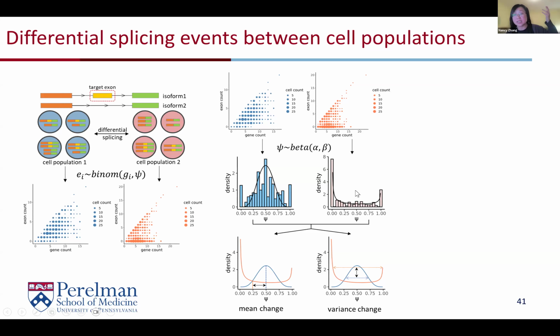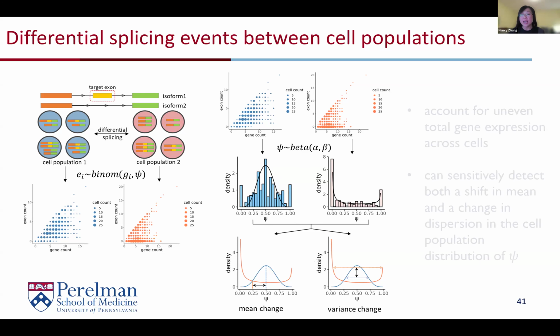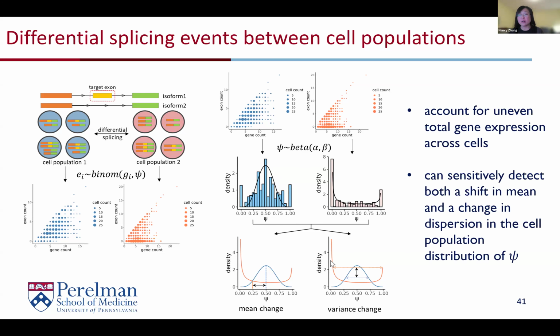And this becomes a test of the difference between two distributions of psi C. When comparing those two distributions, you can compare them in terms of their mean as well as their dispersion, right? Those are two ways you can compare distributions. So we developed a likelihood-based test for that, which is easy. When you think about it, it's just testing between two beta binomials. And then we can pull out genes that are differentially spliced in terms of the